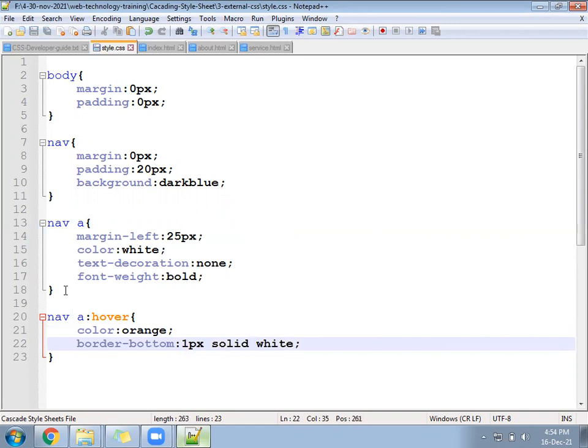The color will change into orange and a white border will get applied below the a tag. Border bottom 1 pixel solid white.